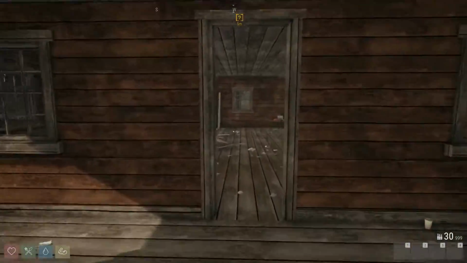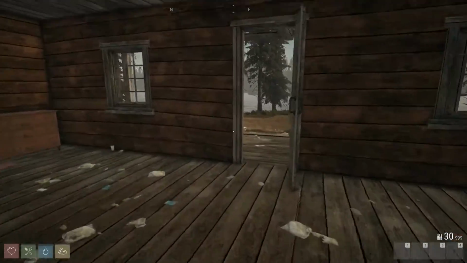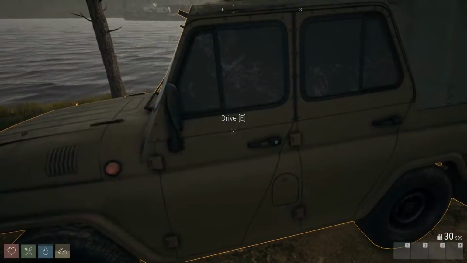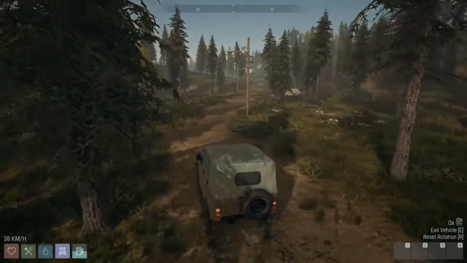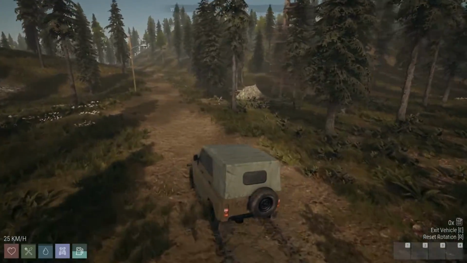Okay, so it doesn't look like the car's spawned in. When I played earlier the car had spawned in, so we're just going to respawn vehicle. Hopefully, yes, that's worked. So this is your car that you get in the game. It does have a fuel system, and in the update tonight, which is coming today, Wednesday the 25th, you will notice that there will be